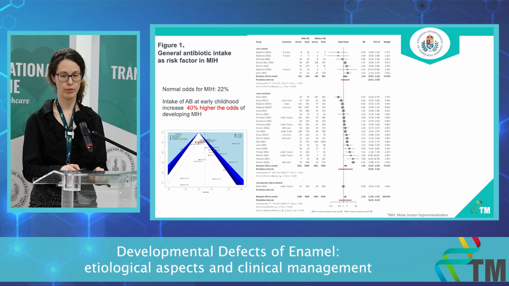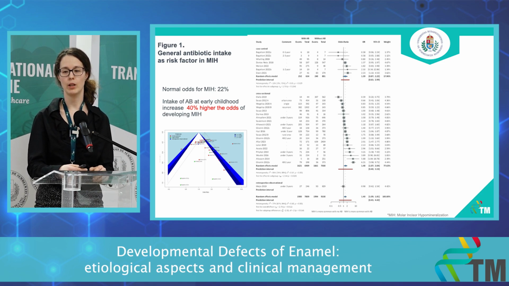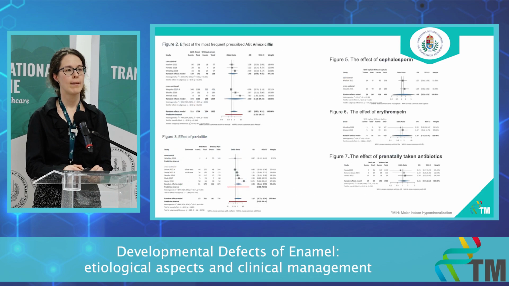This gives us the clinical implication that nowadays the prescription of antibiotics is much higher, and we should reduce this and indicate them just when it's clear. Here you can see our funnel plot, which is symmetric. In the other 5 figures, you can see the other types of antibiotics, where the parameters are the same, and you can also see the same tendency as in the general antibiotic result. None of them reach the statistical significance level of the general antibiotic group because of the lower number of studies.